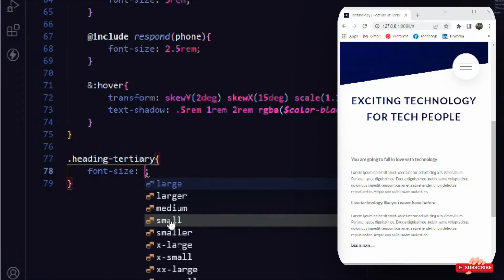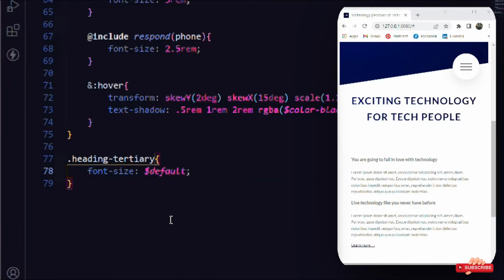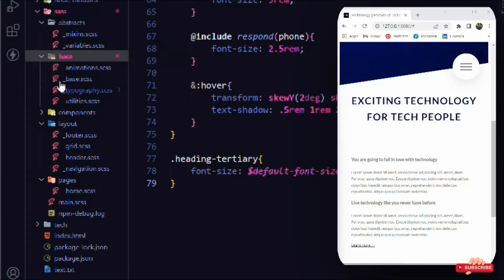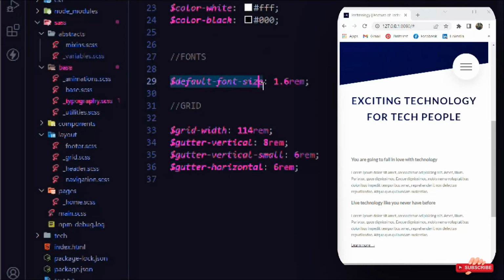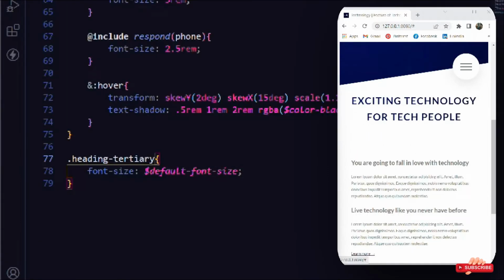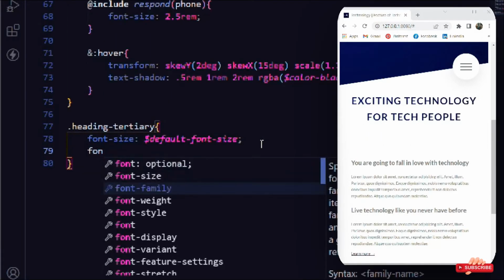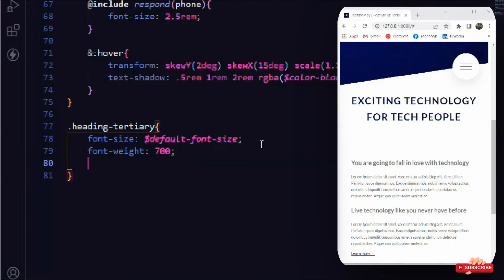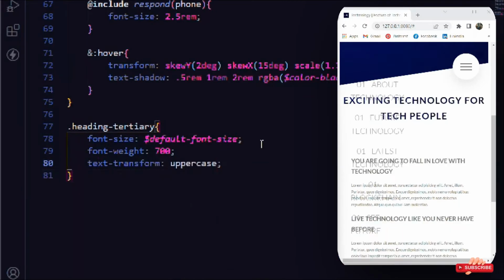Font size is going to be our default font size, okay? Let's come into the variables, let's copy this because this time I don't want to make any mistakes. Simply paste. So this is the default size we want to have. Let's come down, let's take the font weight is going to be 700, text transform is going to be uppercase,